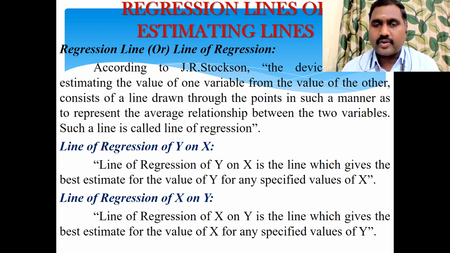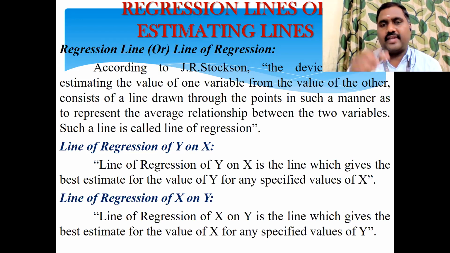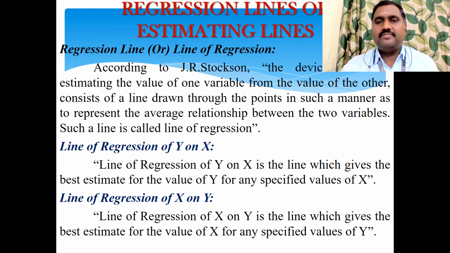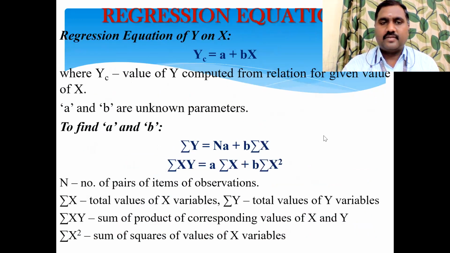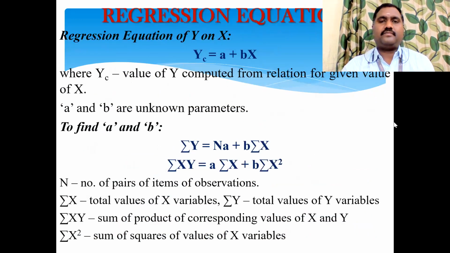Under this regression line, we have a method called the regression equation. So we have to work out the formula problems under the regression equation. x will be given, y will be given. You need to find out the y on x equation and the x on y equation. That is a formula, and with that we will work out. Now, is the regression concept clear? Shall we move on to the problem? Please take down this formula.